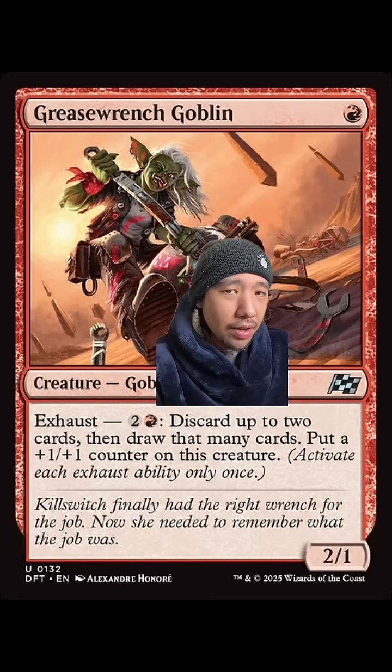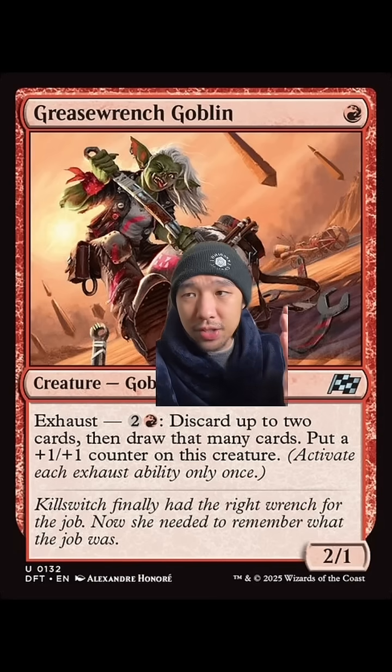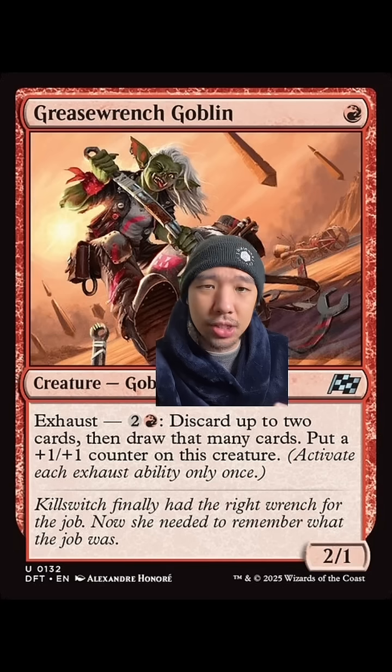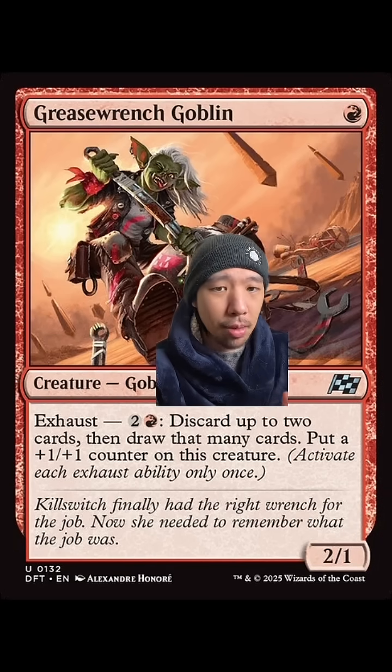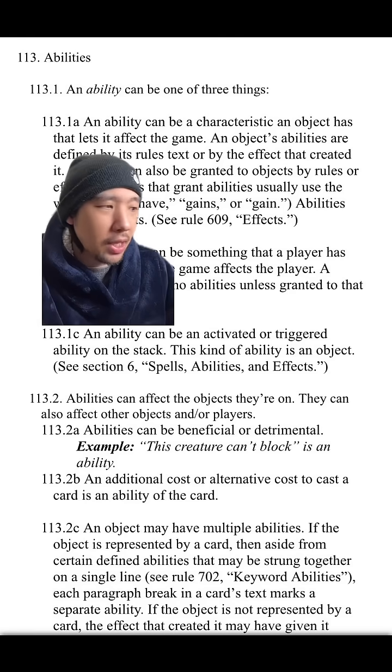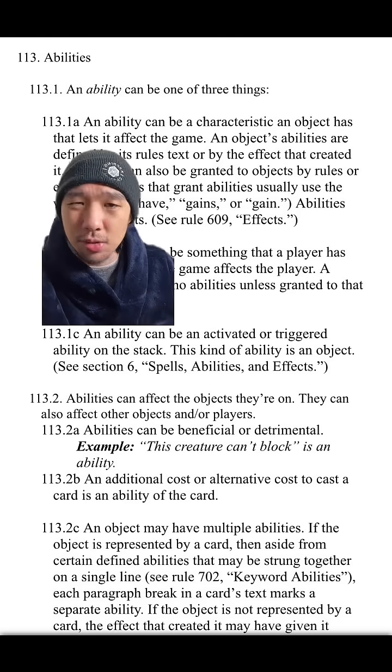This one I don't really have any real answers to, and a lot of this stuff is in standard right now, and you could easily run into this interaction, so I'm curious to see if they're going to update this at some point. It would be really nice to have a ruling that clarifies all of this about abilities being gained or lost or being suppressed or something like that.